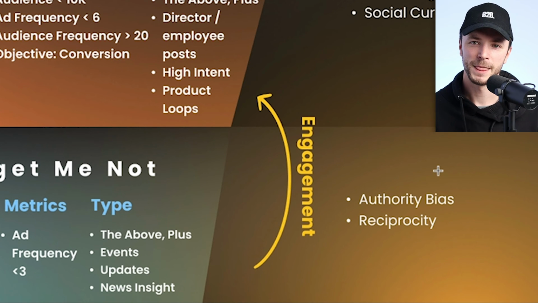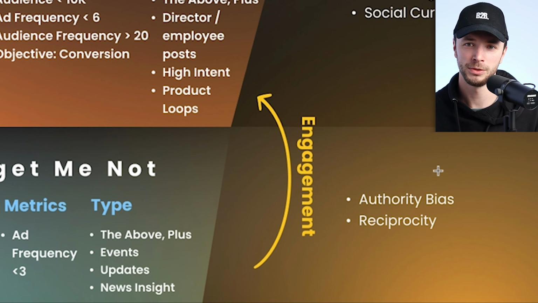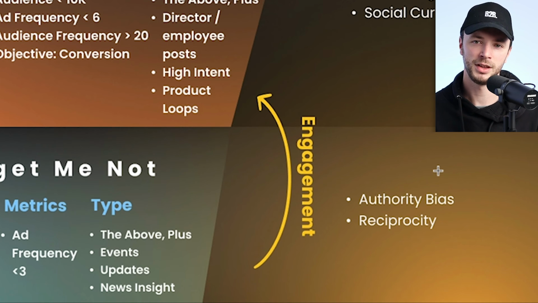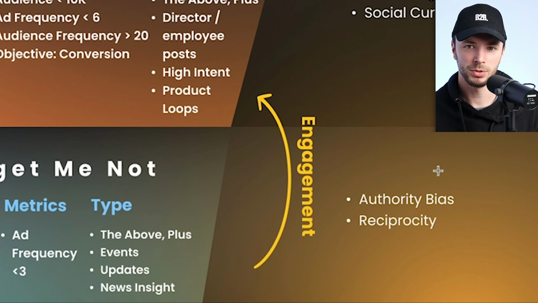One is the authority bias, in the fact that if you can keep offering value, you're doing a podcast, for example, with someone who's well known in the space, you've been featured in TechCrunch, all of this stuff is going to add to the perception of your authority, in which people are going to trust you more and more. So you're building that up. So make sure you link to any third-party press and all of that stuff. Don't worry too much about attribution at this stage. Next one is